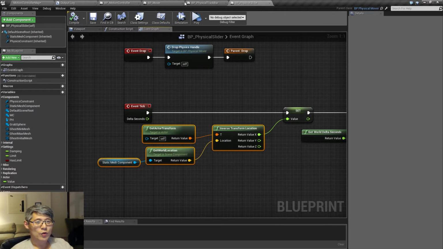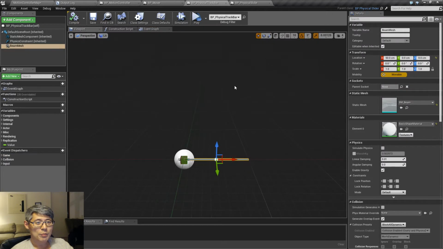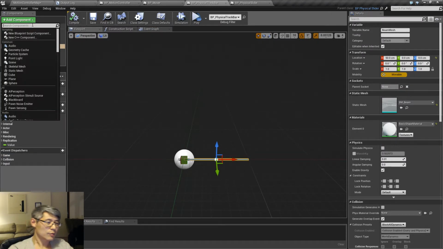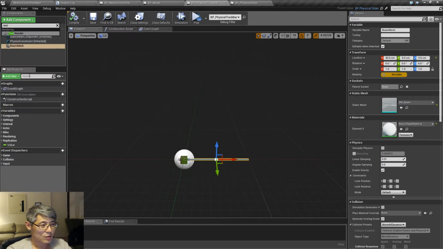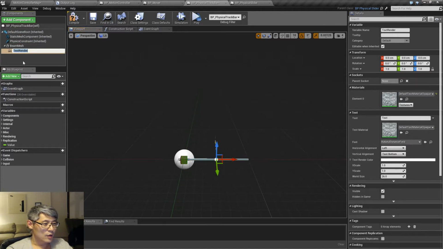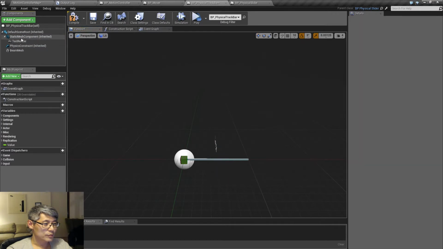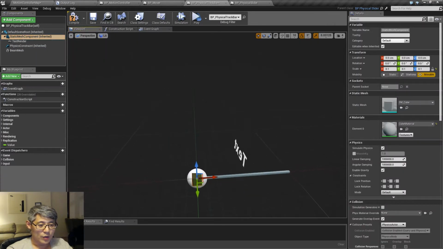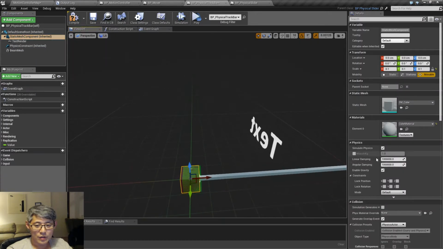I'm going to do it. So on the BP physical tracker, we are going to add in a text render, and we're going to parent that under the static mesh component, and we're going to align it up with the